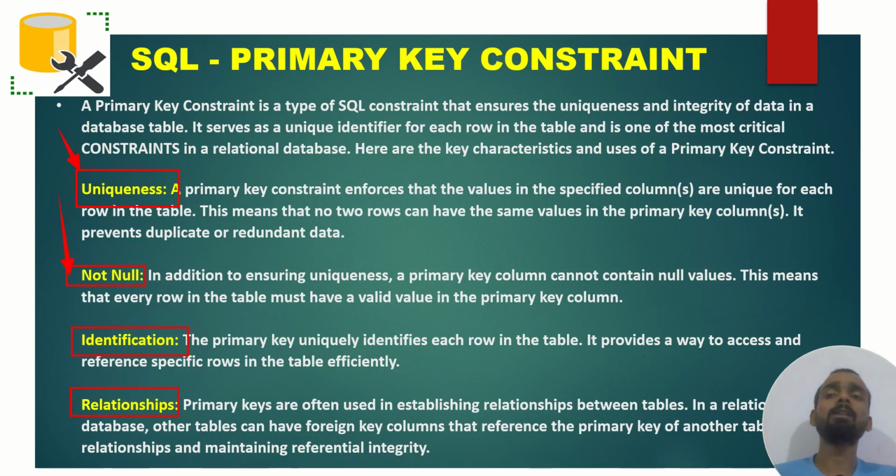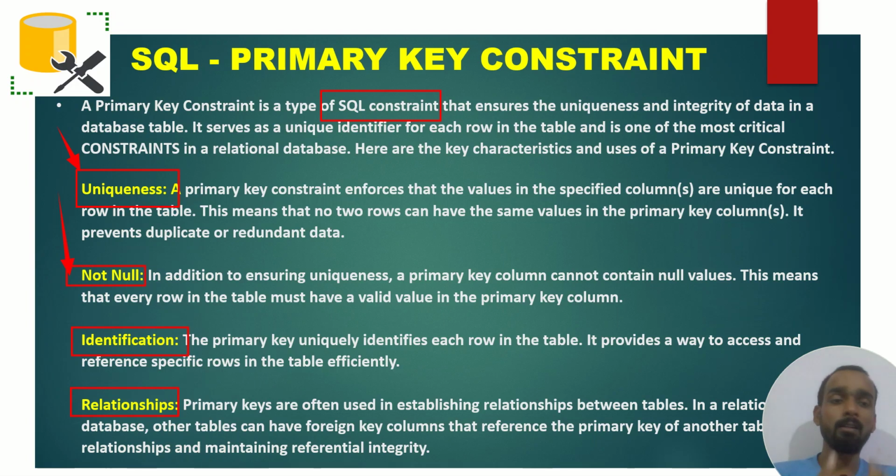So if you read this, I'm just reading and making sure that you will be able to understand what exactly is written over here. A primary key constraint is a type of SQL constraint, okay, and you don't have to mug up this thing, you have to just clarify your thoughts on what exactly these constraints are. Don't mug up all the things, because if there is any twist you are going to blank. So just clear your concept over here.